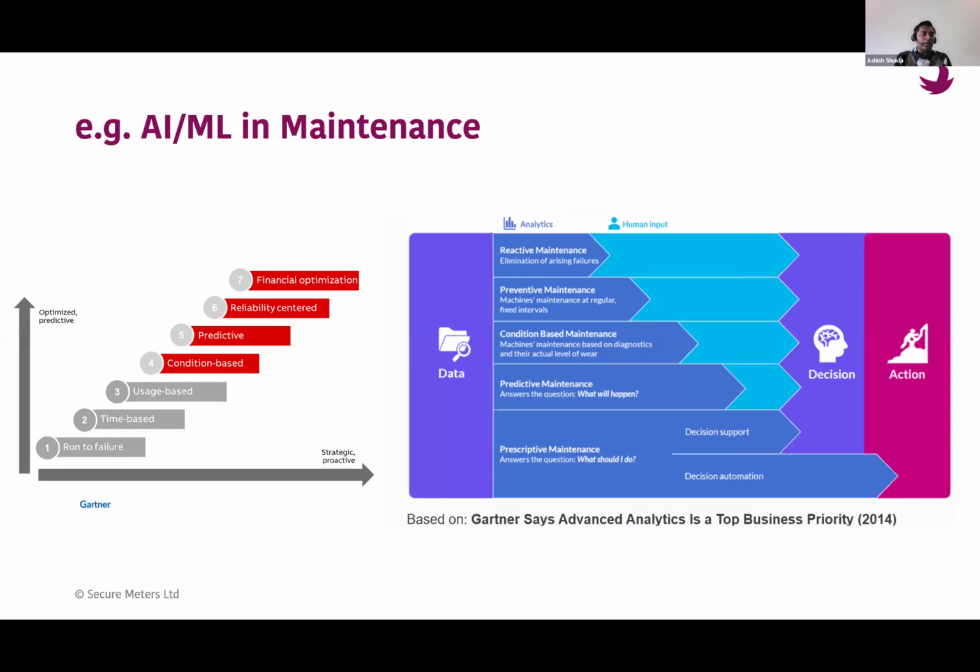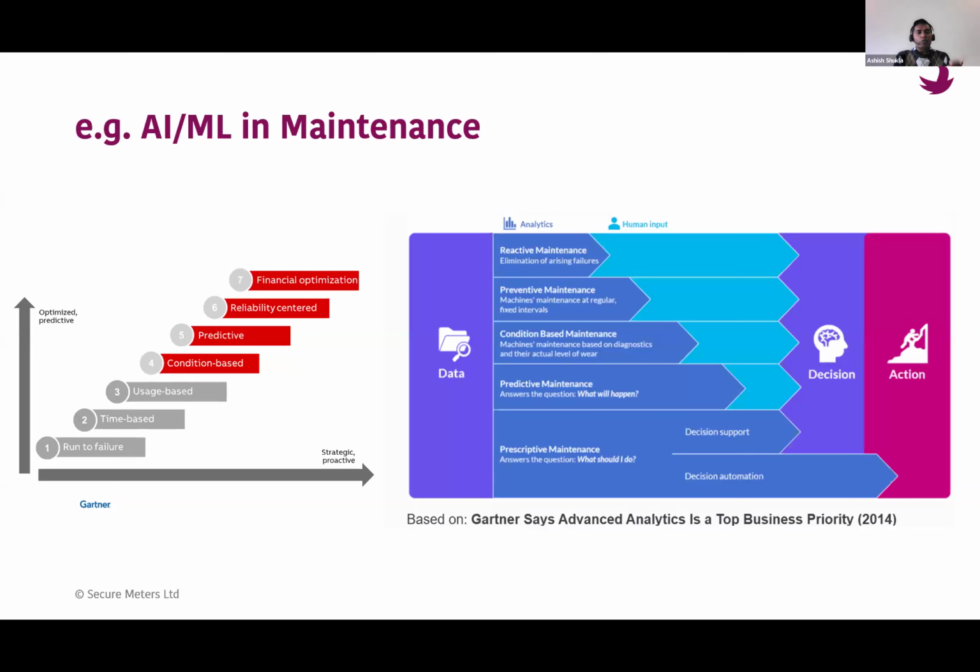Now I know the condition of my car, and I know that the oil and the coolant are in good condition. I can run more. And if I know the mechanism to predict that you can run 2 more months or this many kilometers more, then I am going for predictive based maintenance. If you go further up this ladder, you can go toward the reliability center or the financial optimizer. These are the different maturities in the maintenance level.